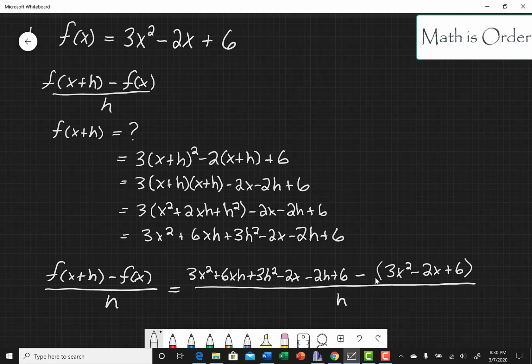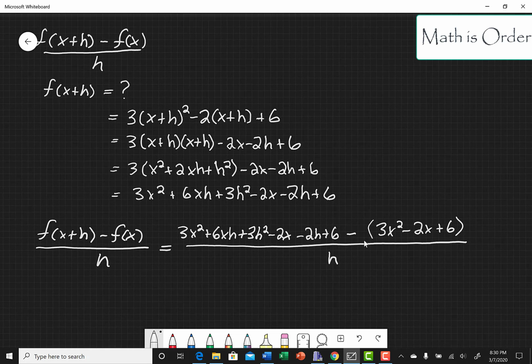Now, this right here, you notice how I had to put parentheses for f of x. So here is f of x plus h right here, and then here is f of x. And notice that in the formula, there is a minus here, so that's this minus. So this minus has to be distributed throughout the whole f of x. And that's a common mistake that people make. So after we distribute that negative throughout, we're going to have